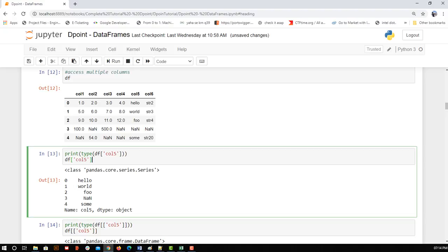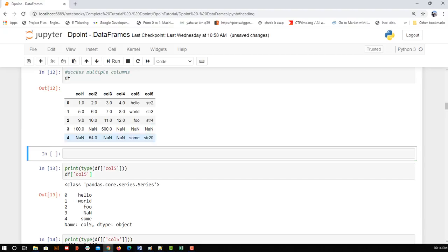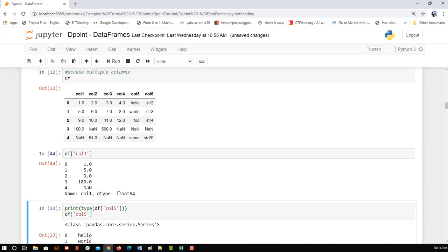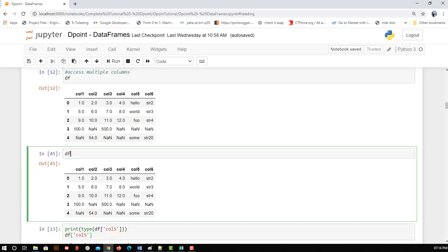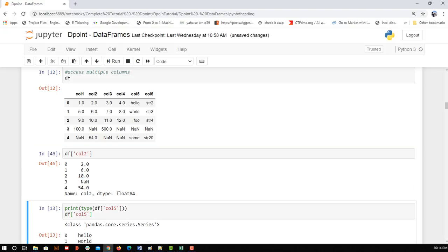Now we are going to see how to access columns of this data frame. Let me tell you this: if you want to access a column, you will use this and enter your column name. Say I want to access column 1. By default, when we don't write this, it fetches us everything. But if I say I want only column 2, it will give me column 2. I hope that makes sense.